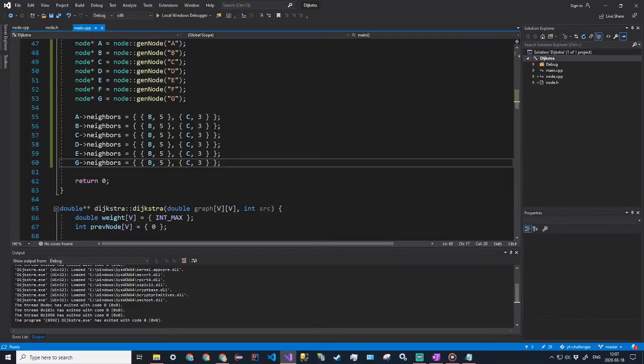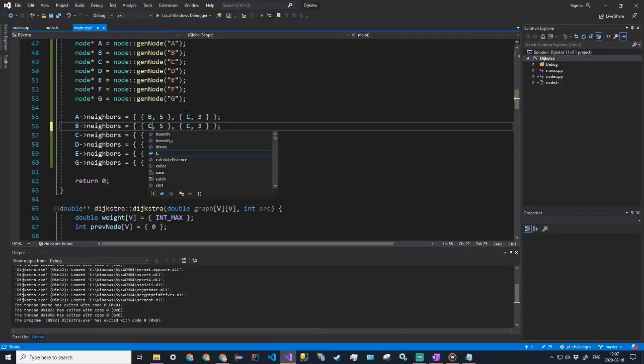Alright, so let's just go through the neighbors. So B has 3 neighbors, C 2,